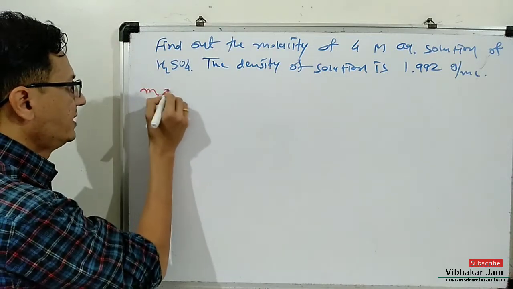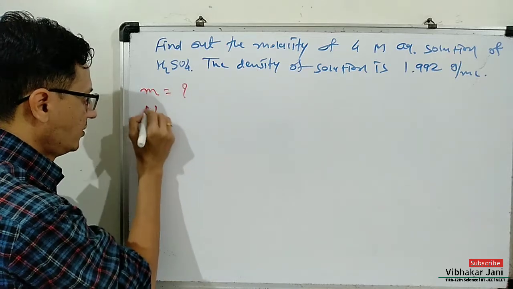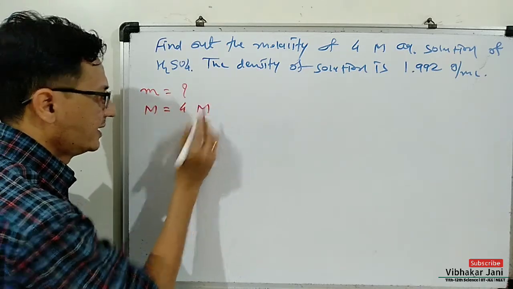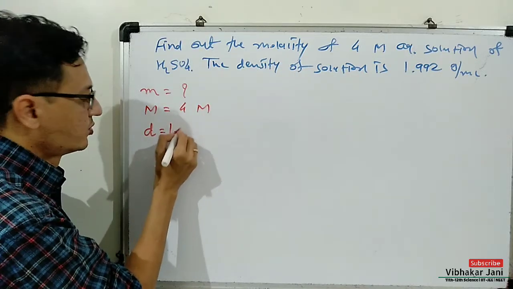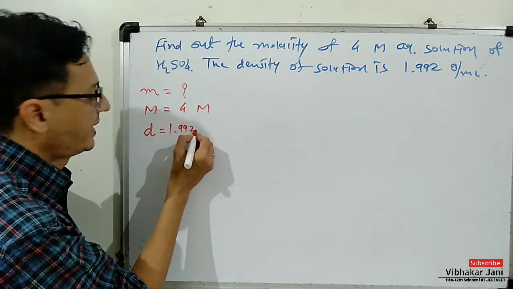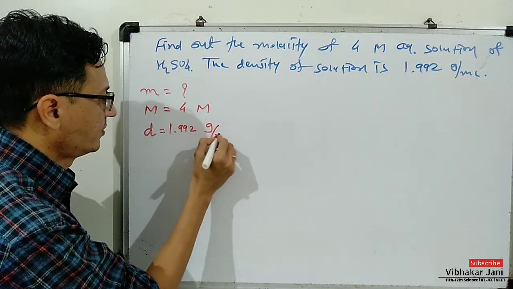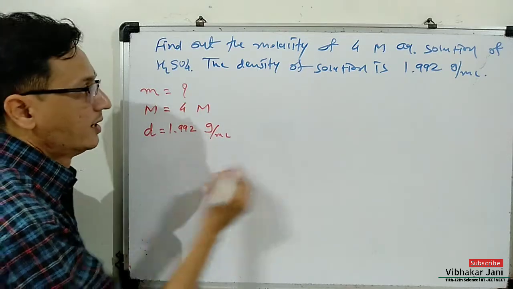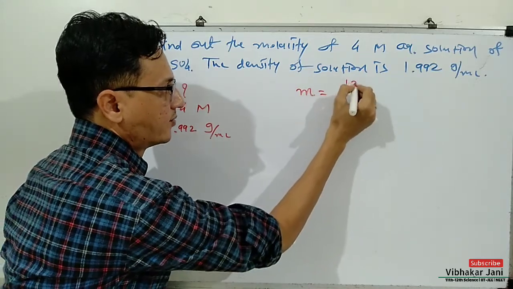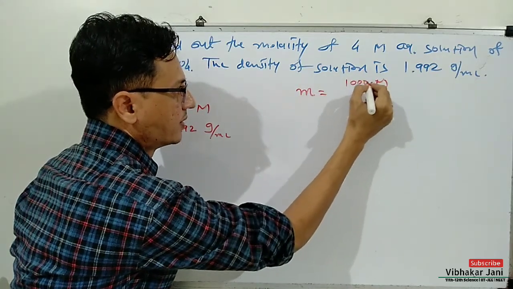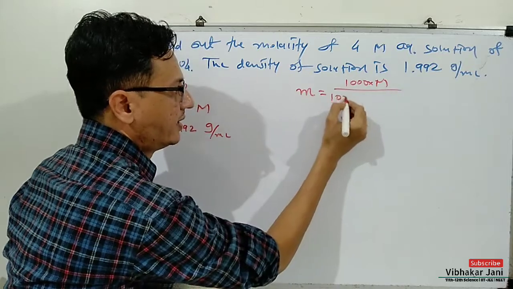Here molality is asked, the value of molarity is given, density of solution is also given 1.992 gram per milliliter, and if we write the formula, molality is equal to 1000 multiplied by M divided by